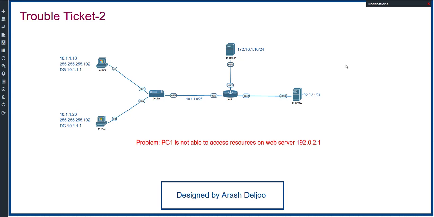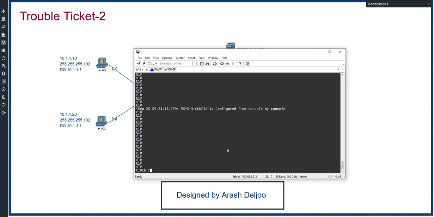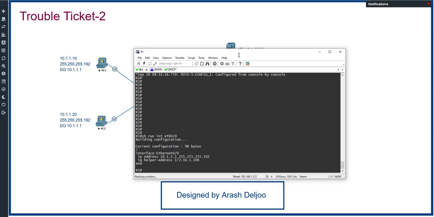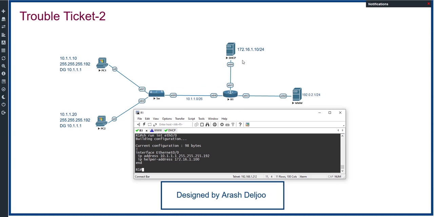Maybe the IP helper address is not available, or maybe the IP address of the DHCP server is configured incorrectly. Let me check it. In Router 1, it is so easy. We can check show run interface Eth0/0. This is the interface that is connected to PC1 and PC2. The IP address of the DHCP server is 172.16.1.10, and here we have the IP helper address. This is correct, but as you can see, the IP address of the DHCP server is configured incorrectly. We should correct it. This means that now we are sending our